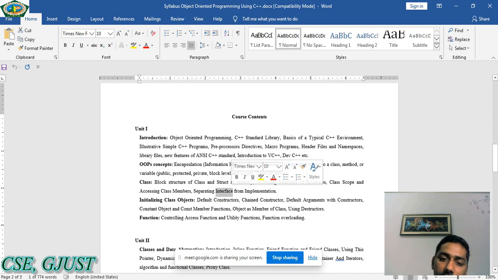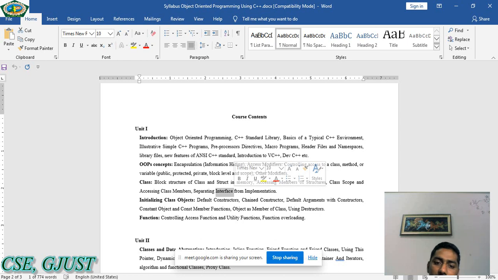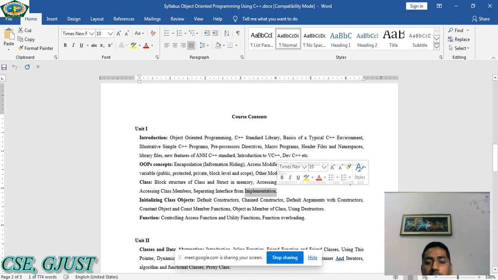And then the implementation part. Separating interface means that no body is defined for the function, and the implementation part of the program is separate. It means we are dividing our program into two sections: one section having only declarations, and a second section having definitions.